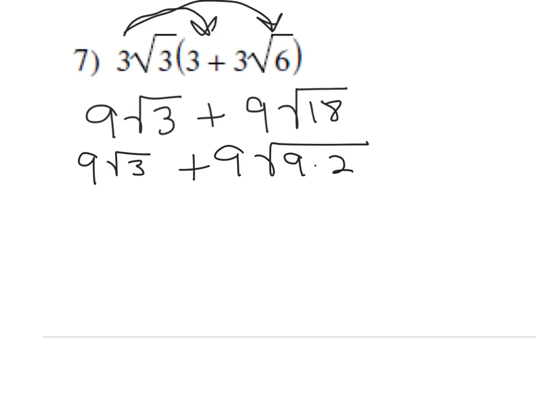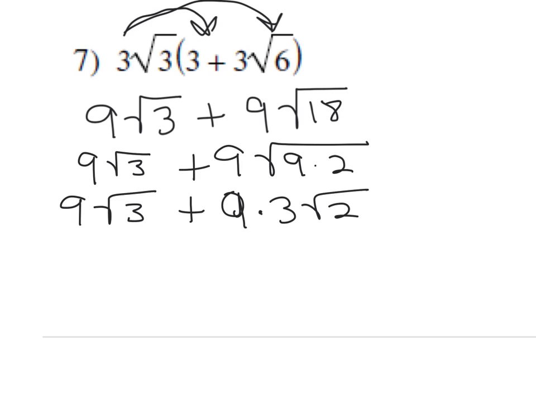So I'm going to change that. Now I have 9 root 3 plus 9 times 3 root 2. And then we have 9 root 3 plus 27 root 2. Well, if you notice right here, what happens is we have